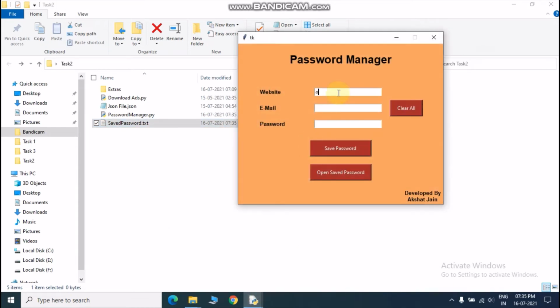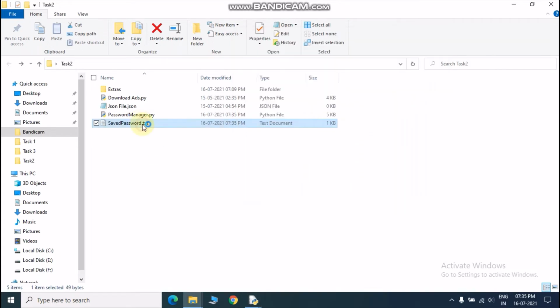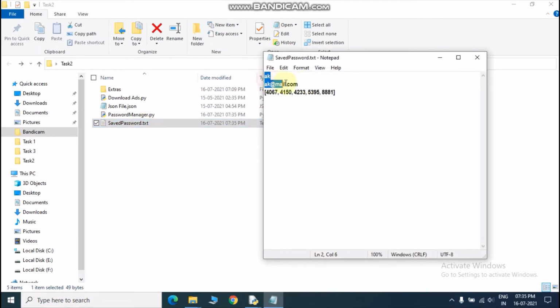Suppose I am using website AK, email ak@mail.com, and password is 123AK, and I am saving the password. New password saved. Let's check this. Yes, here it is. But here, as you can see, the password is not what we have entered. It is encrypted into a different format which we don't know.